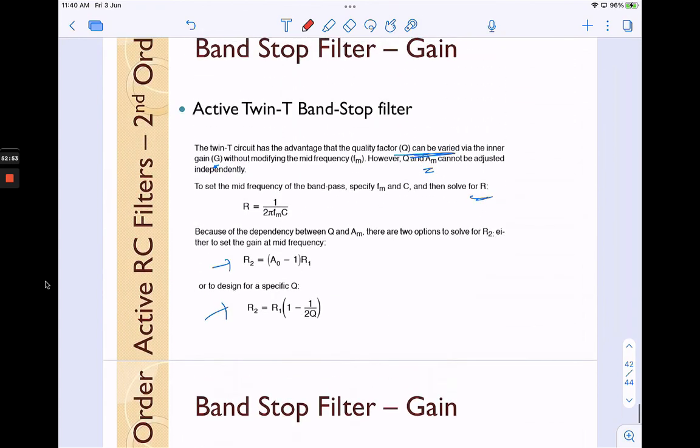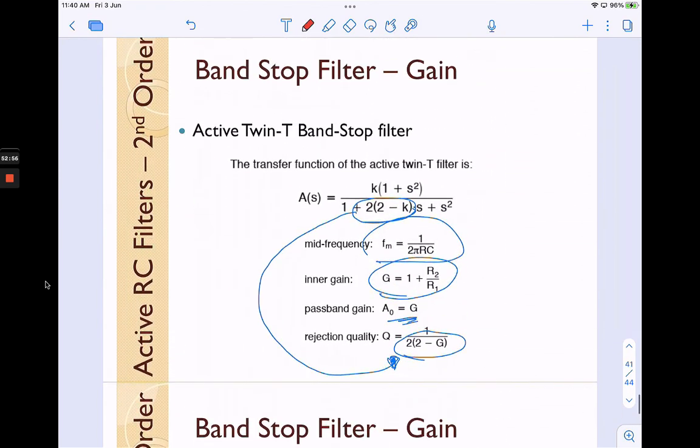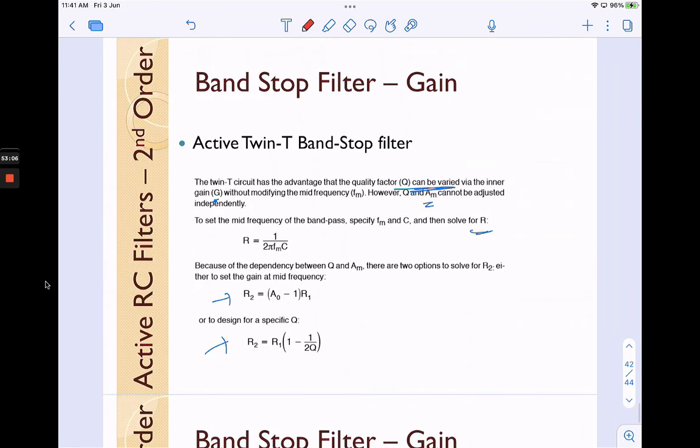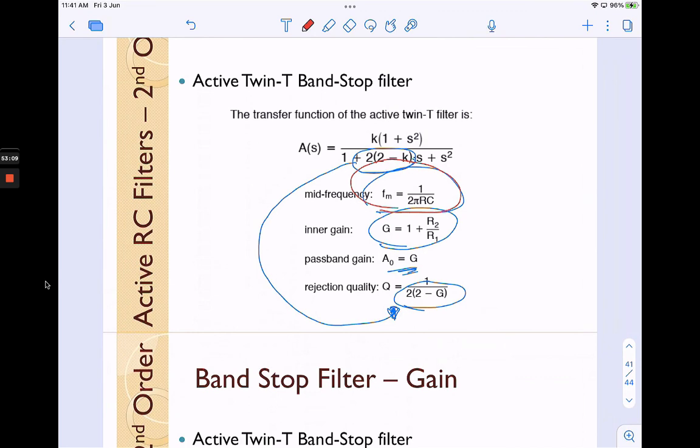You can determine the cutoff frequency by just using this formula, and then you can determine the values of R and C. So by this you can easily design what frequency you want to exclude in your signal conditioning circuit. Okay, that's it for